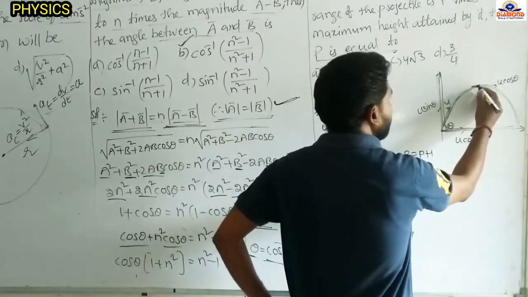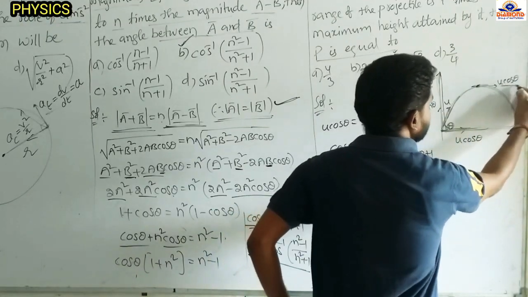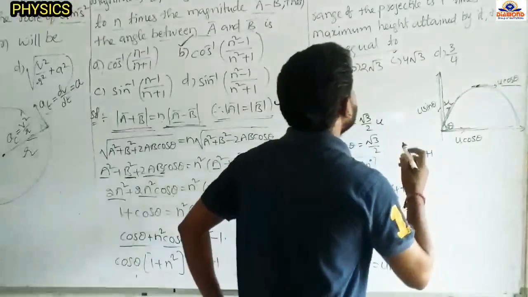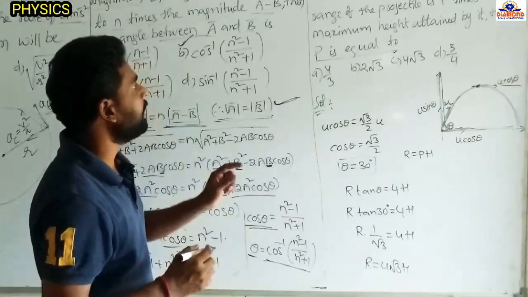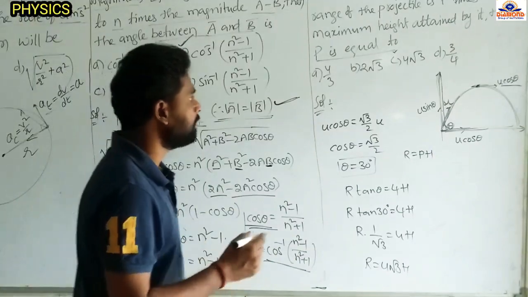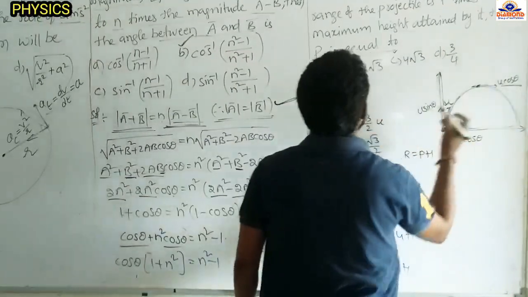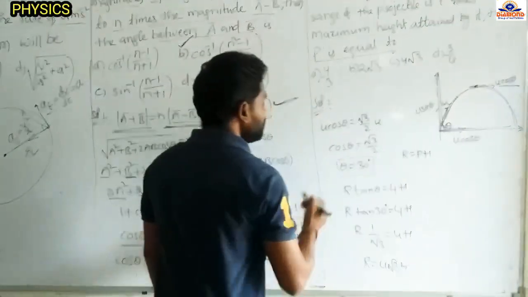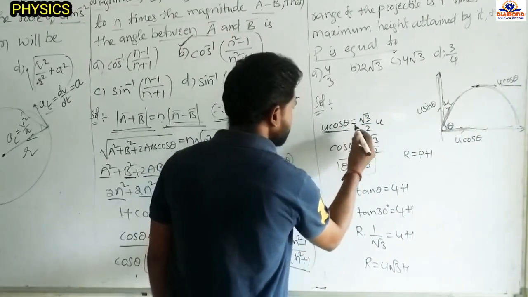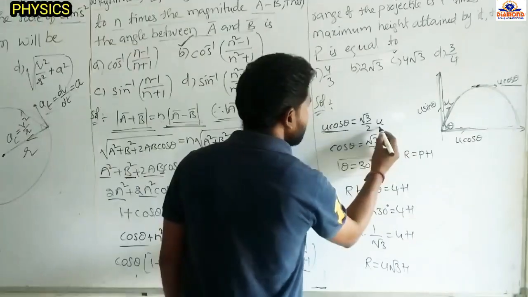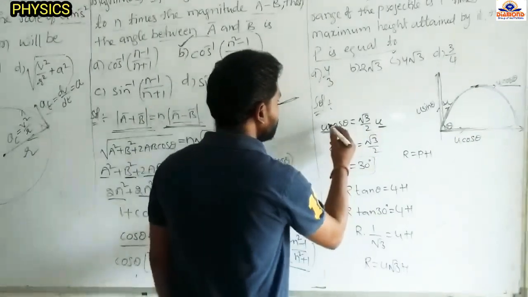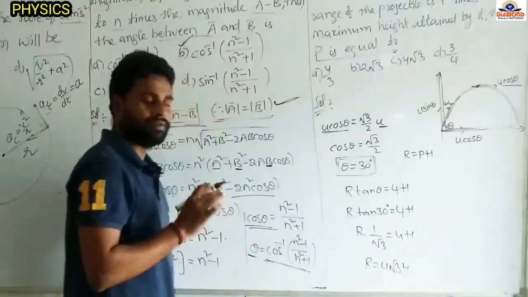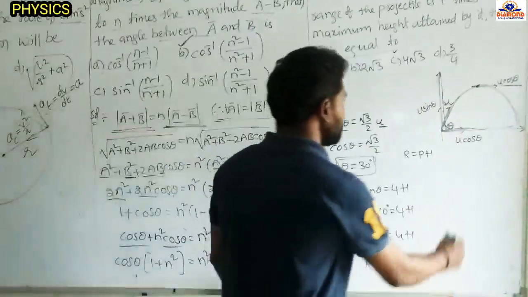At the maximum point we have the horizontal component, the velocity is u cos theta, and it is projected with velocity u. The condition they gave: the speed of the projectile at maximum height, u cos theta, is root 3 by 2 times its initial speed. Initial speed is u. So the speed at the maximum height is equal to root 3 by 2 times the initial speed. u will be cancelled, cos theta equal to root 3 by 2, then theta equal to 30 degrees. Theta we found, the angle at which it was projected.